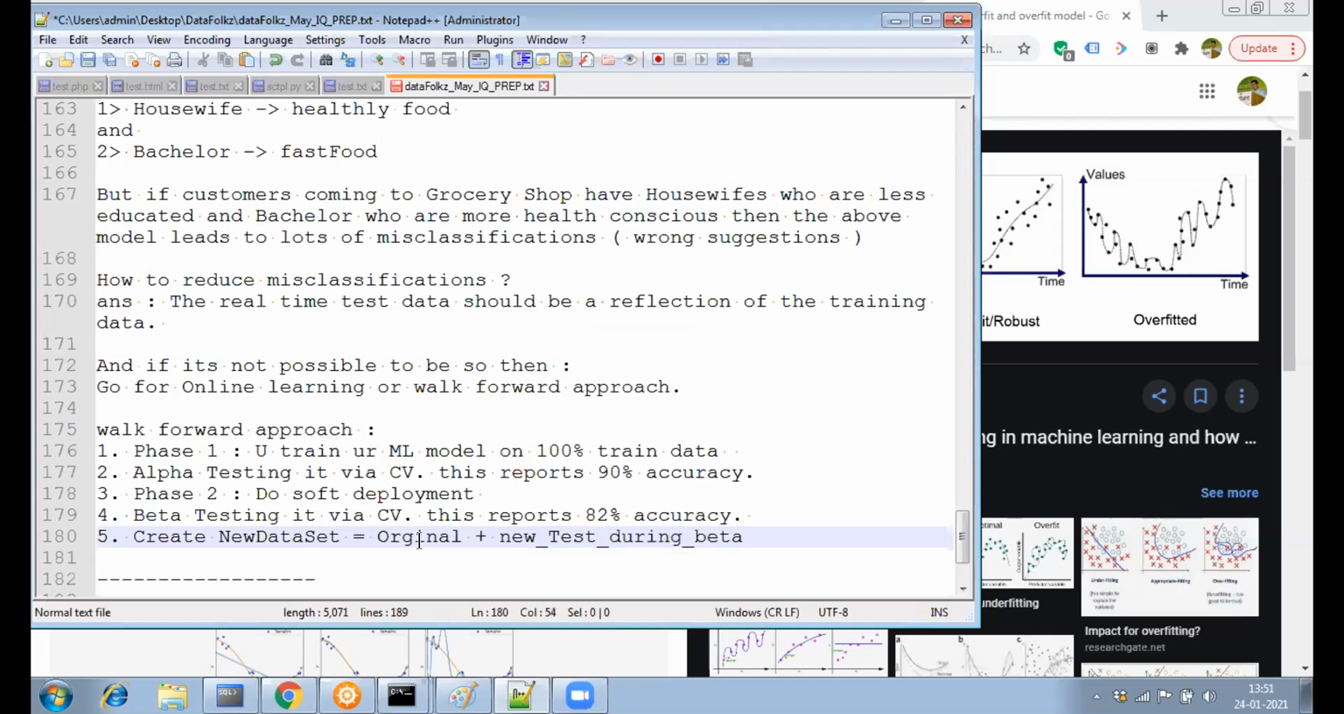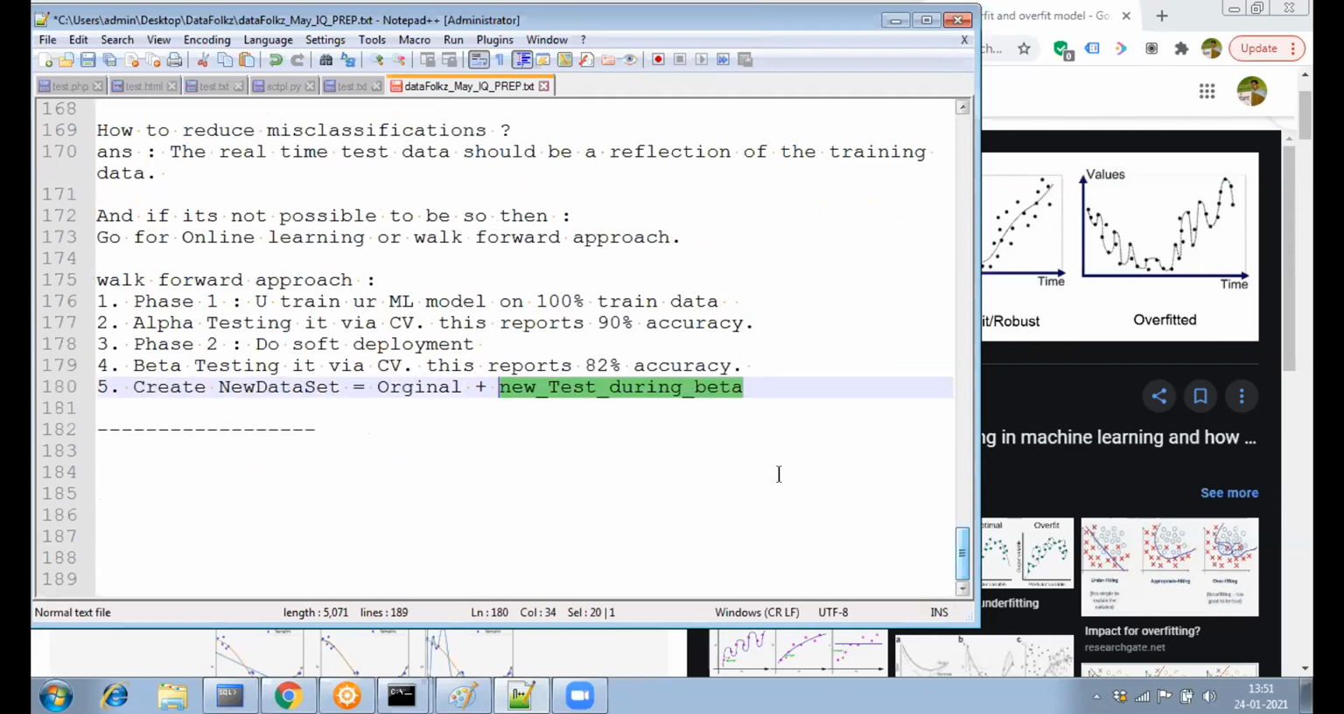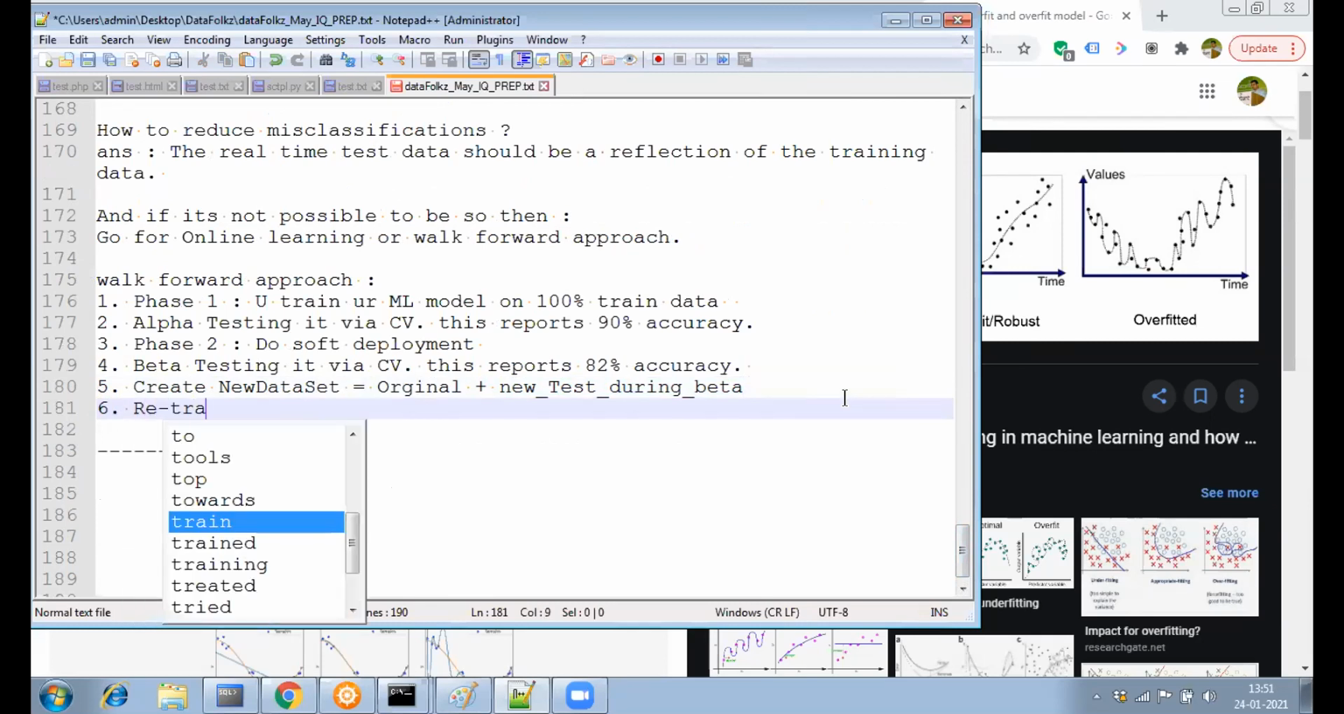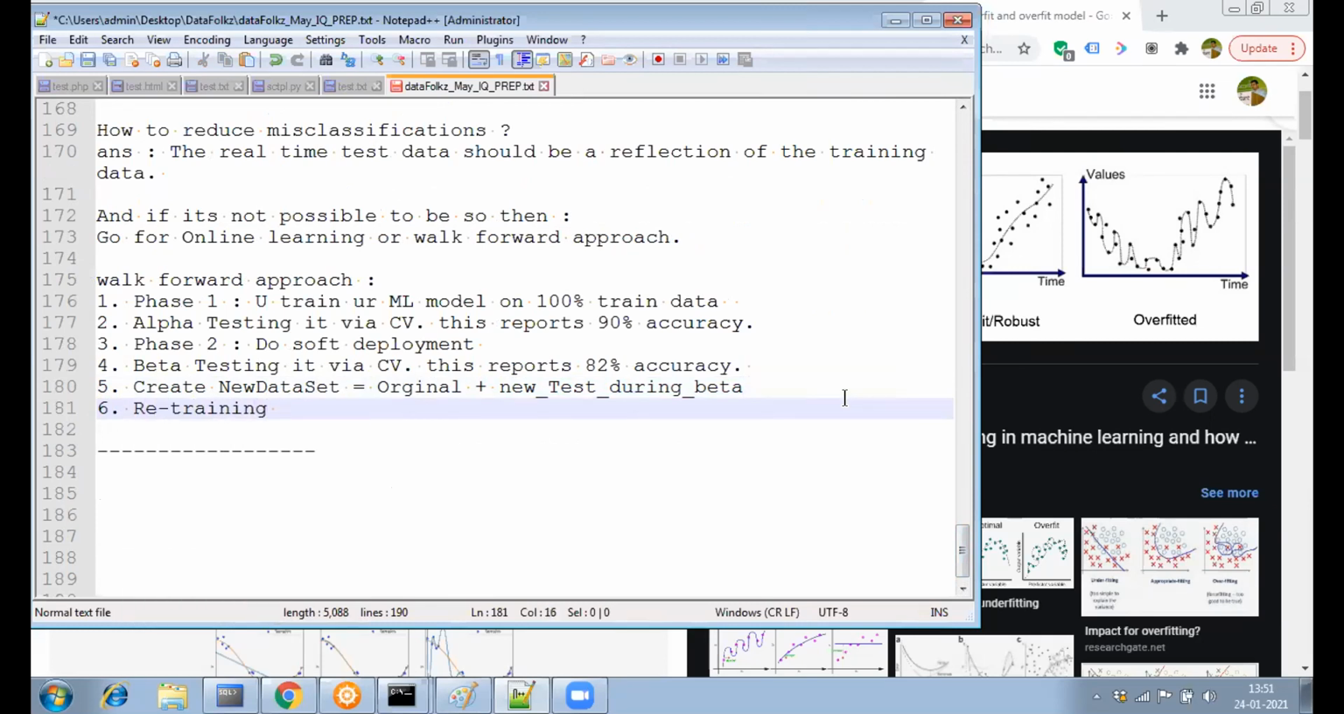Take them. These are going to have those people who are less educated housewives and more educated bachelors. So then again I have to train the model. Yes, you have to. Of course you have to. So the sixth step is going to be that it will be requiring retraining. Therefore, it's called online. It goes on and on and on. So you retrain. The seventh step is